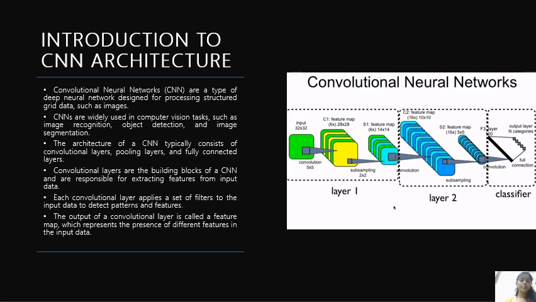Convolutional layers are the building blocks of a CNN and are responsible for extracting features from input data. Each convolutional layer applies a set of filters to the input data to detect patterns and features. The output of a convolutional layer is called a feature map, which represents the presence of different features in the input data. So, as we can see in the image, which has layer 1, layer 2, and classifier,